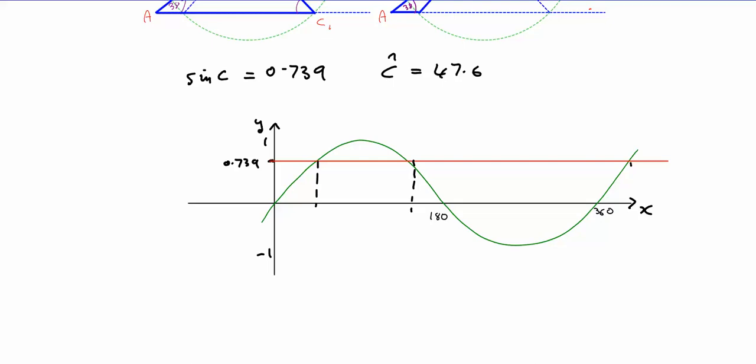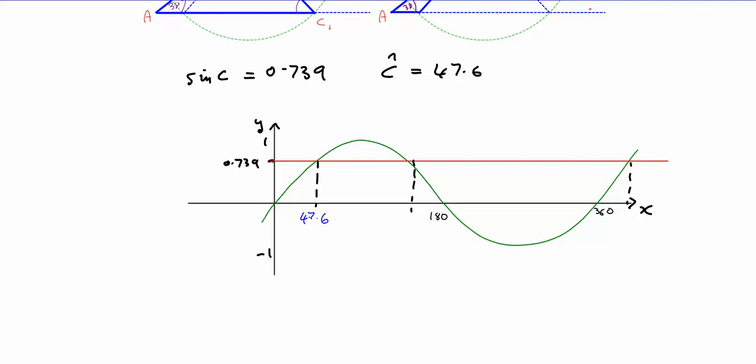There are further values over here, and no doubt other values on the negative side, but between 0 and 360 there are these two values here, and these are between 0 and 180. So the first of these values here is